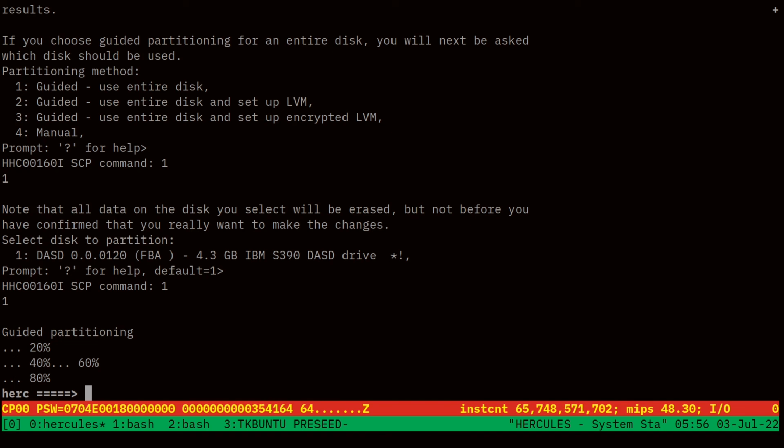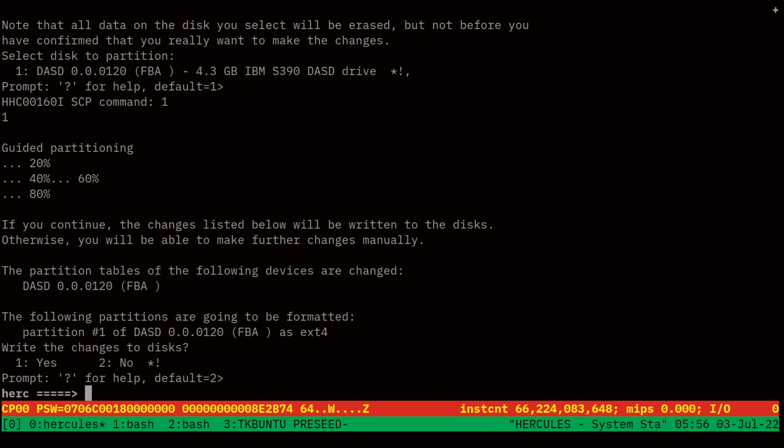You may still ask something about swap. Okay, so now it's just asking for confirmation. Yeah, and the file system. So the partition tables are going to be changed. The following partitions are going to be formatted. Write the changes to disks. So basically, partition